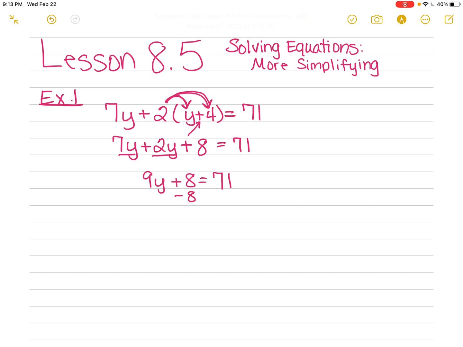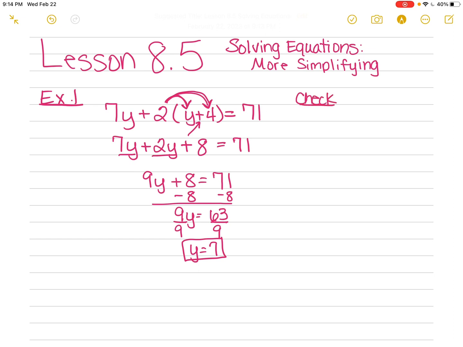We subtract 8 from both sides. And that gives me 9y equals 63. Then I'm going to divide by 9. And that's y equals 7. Now, that's my answer. Now, sometimes it might ask you to check, and sometimes it might not. So we're going to do checks on both of these today so that you can see the process of checking